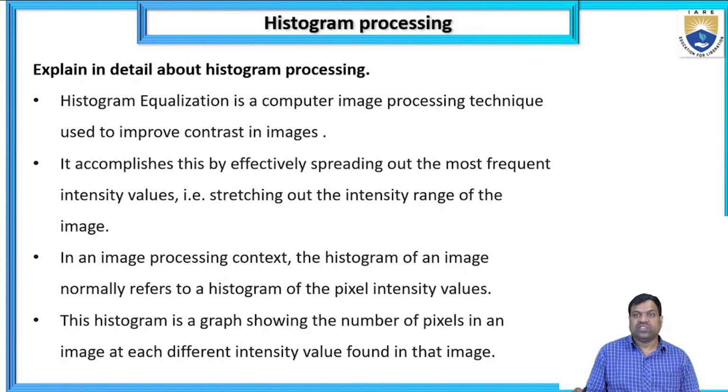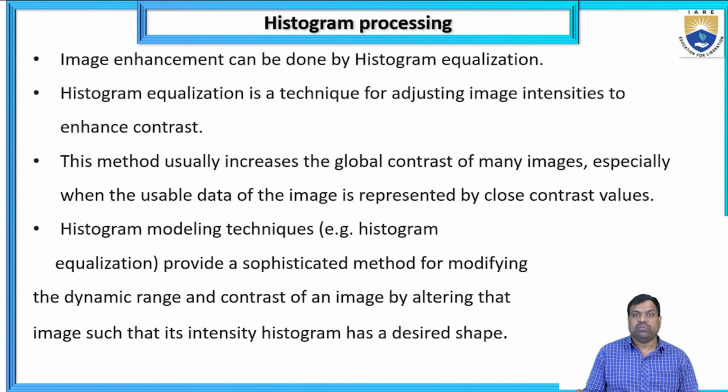So histogram equalization is a computer image processing technique used to improve contrast in images. It accomplishes this by effectively spreading out the most frequent intensity values, that is, stretching out the intensity range of the image. In the image processing context, the histogram of an image normally refers to a histogram of the pixel intensity values. This histogram is a graph showing the number of pixels in an image at each different intensity value found in the image. So, in image enhancement,